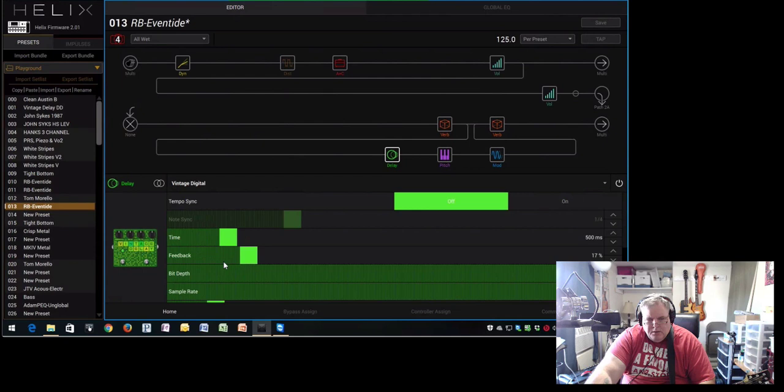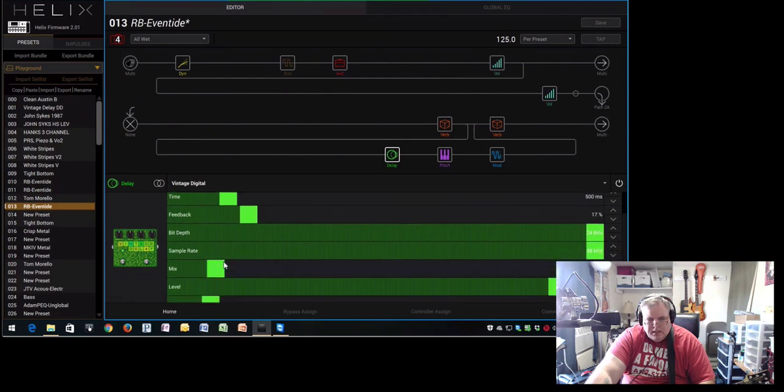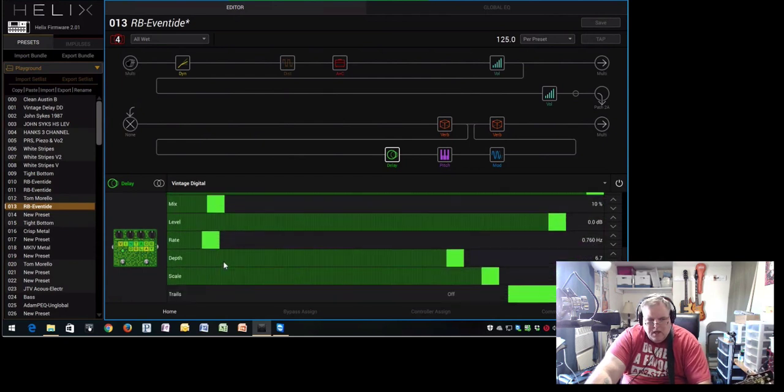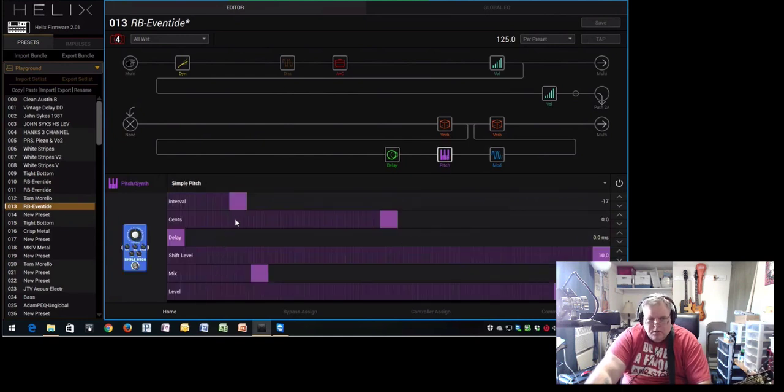I don't really want to get a bunch of delays, I just want to kind of modulate it, and I've got the modulated part of this delay going into minus 17, which is an octave plus a fifth down,